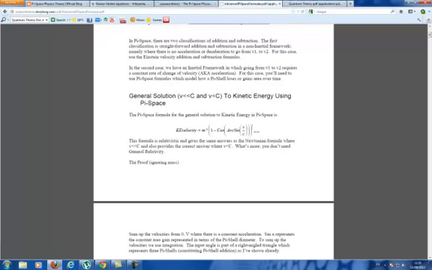Now in the Newtonian world, a kinetic energy is half mv squared. It's pretty straightforward. It's the average velocity times the velocity, giving you the sum of the velocities for some kind of an acceleration, for example, into gravity. Now in pi space, I'm not going to derive this here if you just read the doc, but the basic idea of pi space is that I model reality based on